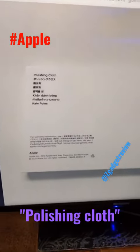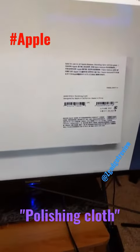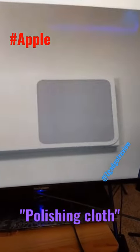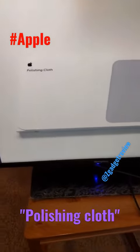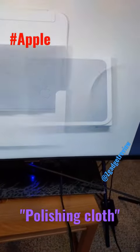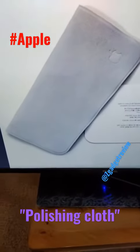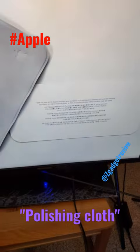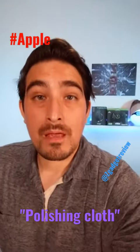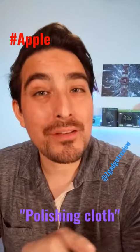If you want to know what you're going to get, this is what you're going to receive in the mail. These images come from Phone Arena. So this is what the packaging is going to look like, and what the little window that shows you the cloth, and you tear it open and there's your cloth, and then finally there's a cloth with a nice little note. These things are currently back ordered by 10 to 12 weeks, meaning that you won't get yours until sometime